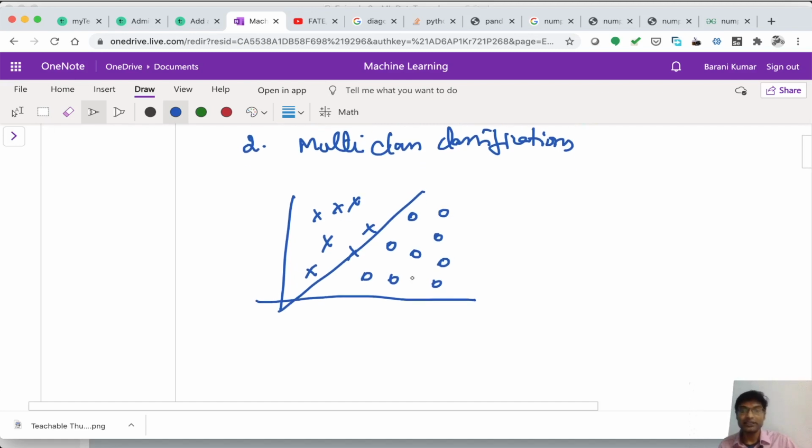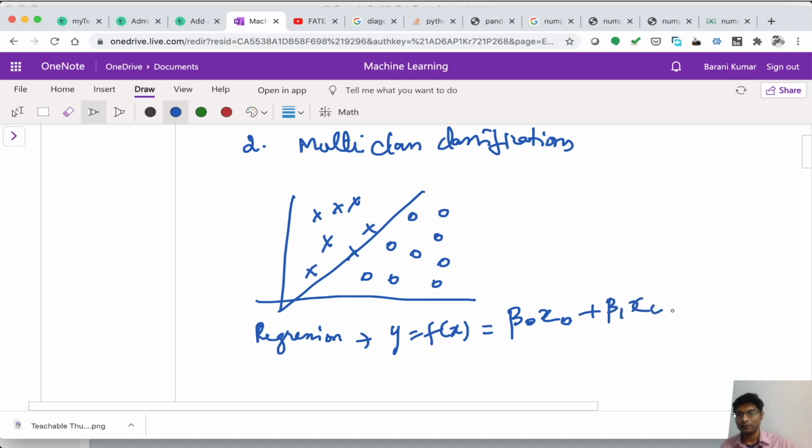And the implementation behind this is not too complicated because it is the same as the regression model that we saw. In regression, if you would remember, the line equation was y equals f of x, b0 x0 plus b1 x1 plus, and it goes on till bn xn, right?